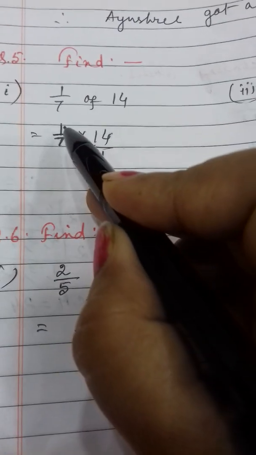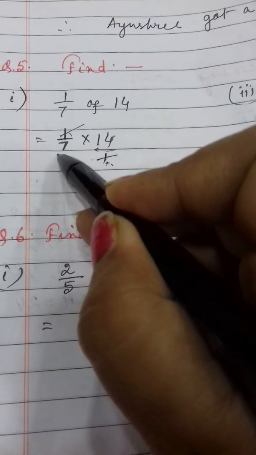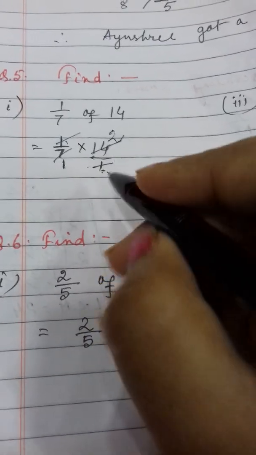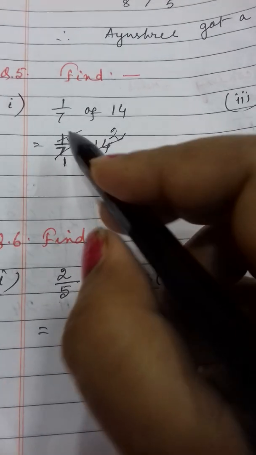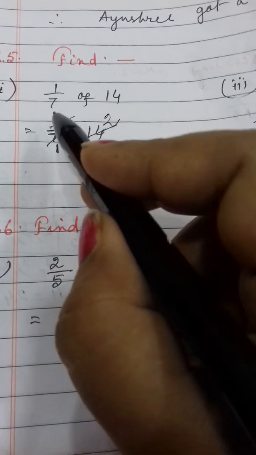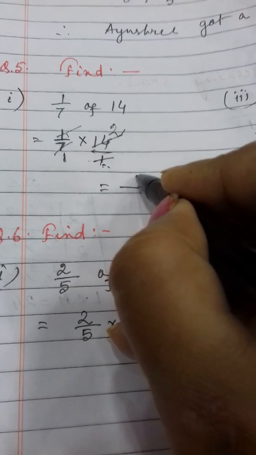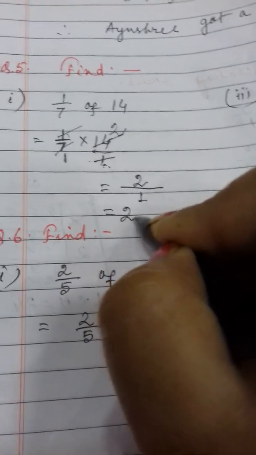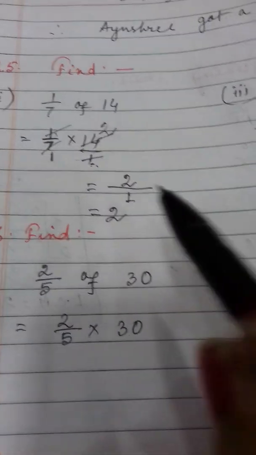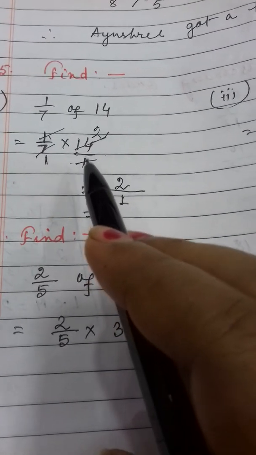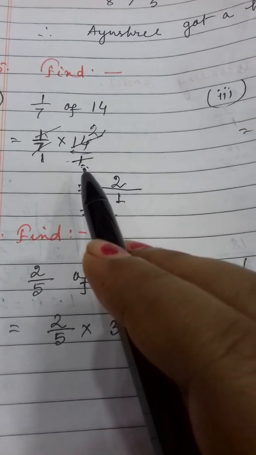So here 1 is the numerator, here also 1 is the numerator. That means 1 and 1 cancel, and here 7 and here 14. So 7 ones are 7, 7 twos are 14. That means now, I told you, same side numbers we can multiply and opposite side numbers we can cancel. So here 1 into 2 means what? 2, and here 1 into 1 means what? 1. 2 by 1 means actually it is what? 2. Now as I have shown you here, while you solve this, you need not write 1. You can write it also. If you don't write, there will be no problem.